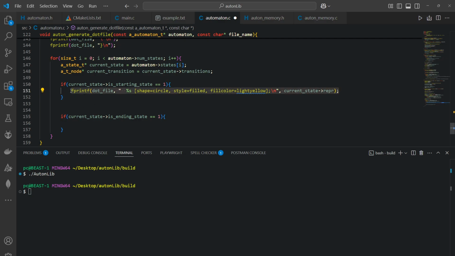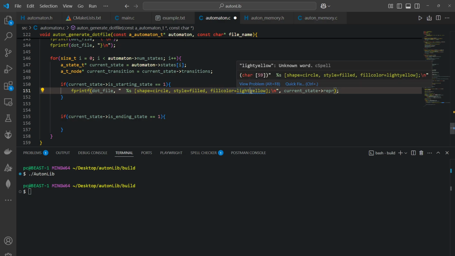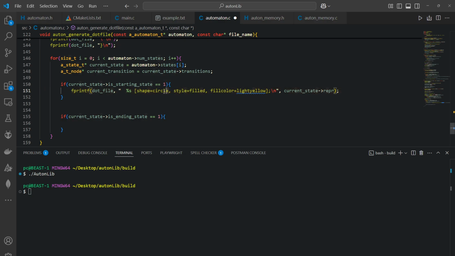Right, so if it's a starting state, we want the fill color to be light yellow. All the nodes are going to be circles, so this is what the circle part here means. So we do that. Otherwise, go ahead and